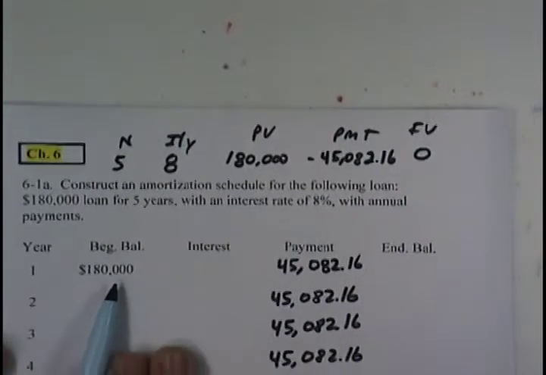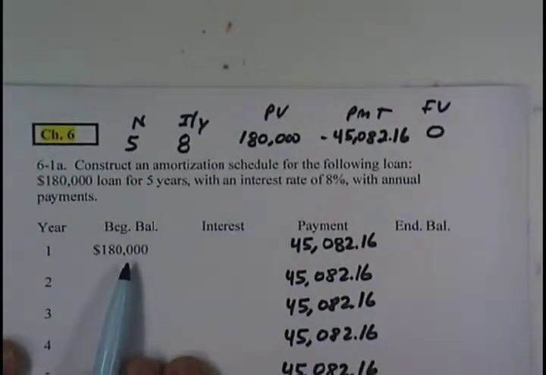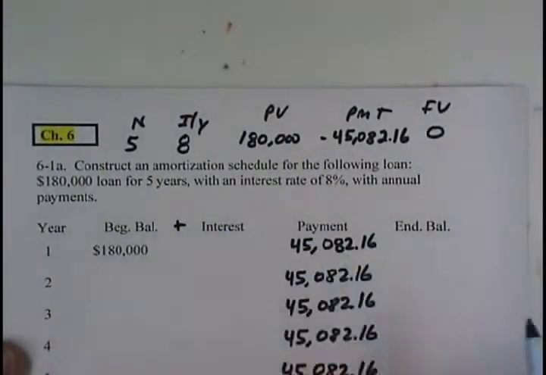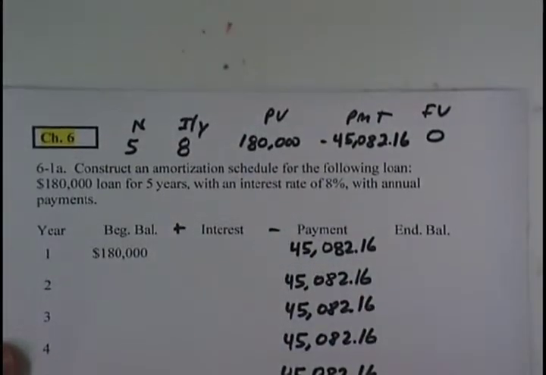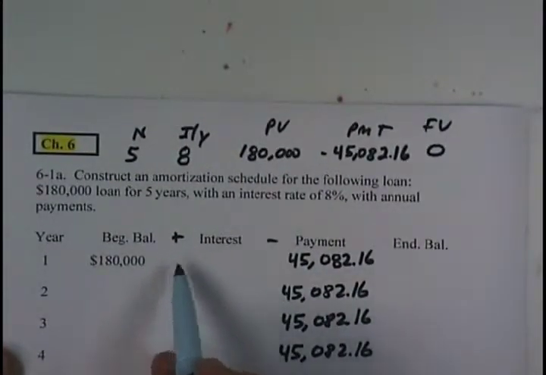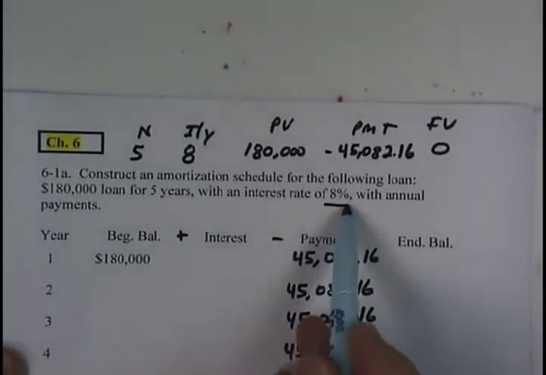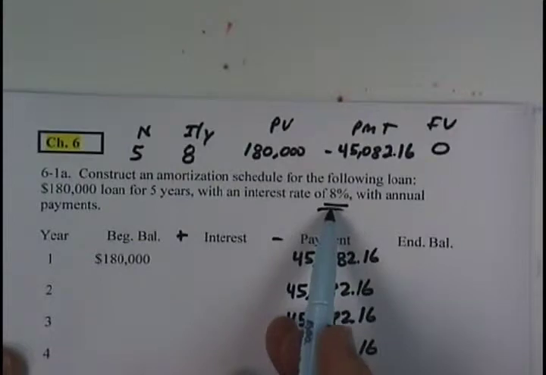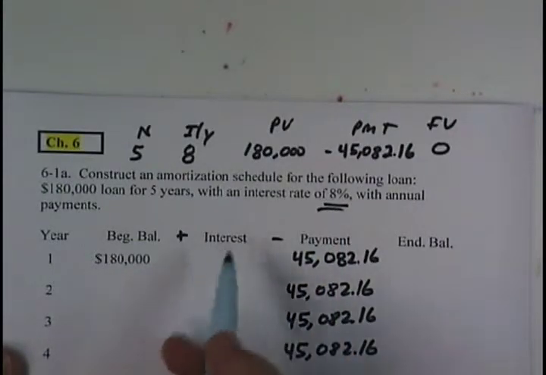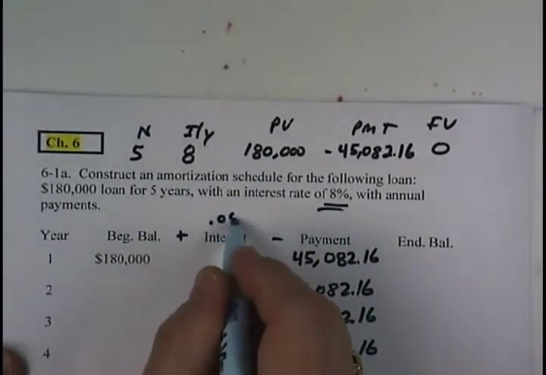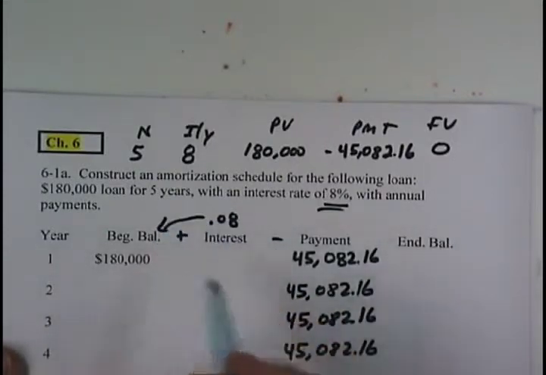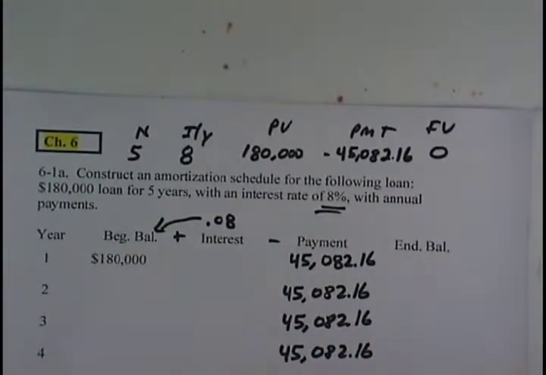Now the first line of the amortization table, I'll take the $180,000, I'll add the interest that I charge and subtract the payment. So the interest here will be calculated on the beginning balance in each row. Since this is an annual loan, it will be 8% of that beginning balance. So 8% times the beginning balance in the first row, 8% of the $180,000 loan amount, means the interest charge will be